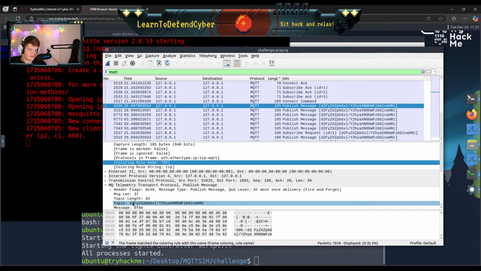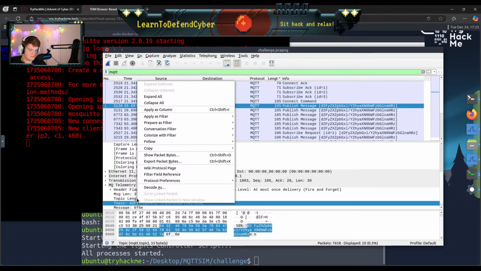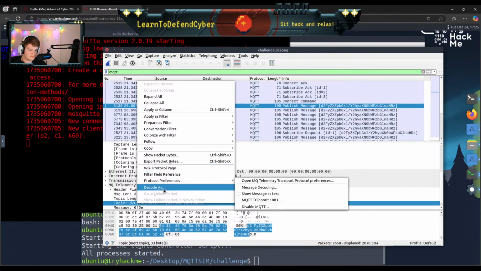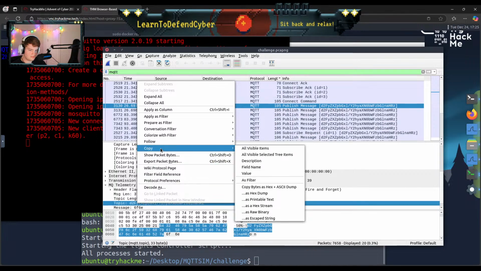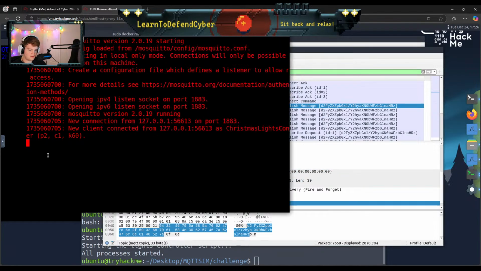I want to copy this string. Let's copy the value, and I paste it in. Not seemingly so.